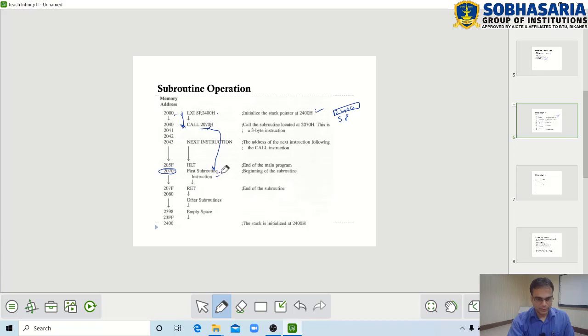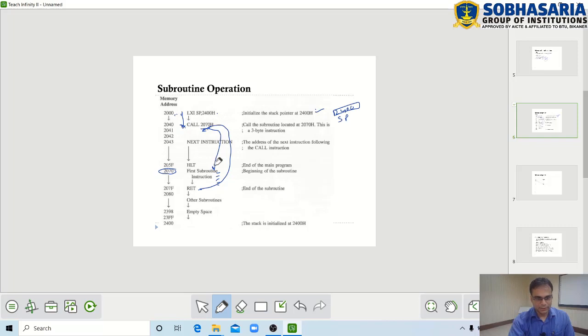Instructions will be executed one after another in this subroutine, and at the end of the subroutine the RET instruction is written. This will return the control back to the location where the call instruction is executed.